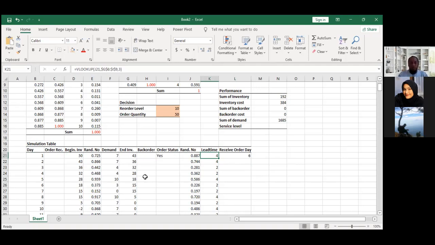So done. Then after that, we need to make sure at day 6 we receive the order. Start from day 2, because day 1 is impossible to receive an order, since the lead time for day 2 comes from the previous. We don't want to simulate the previous days, day 0, minus 1, minus 2. So we start from day 2, for example, equals to, when the day here is already represented by receive order day, then we need to refer to the order quantity.